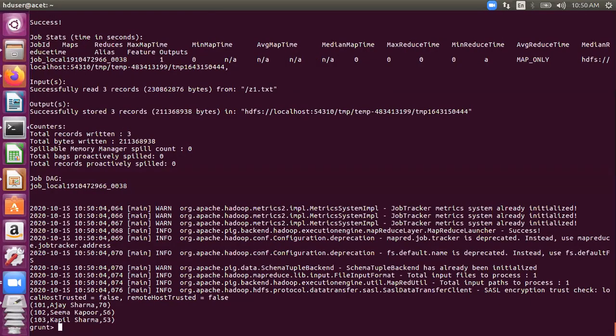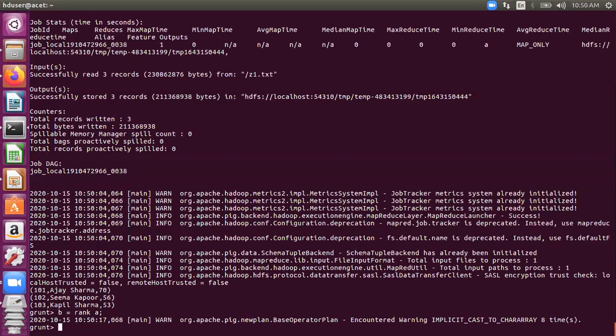So if I just give it a rank now, the name is A, right? So if I write here B is equal to rank A, simply this command only, what will happen if I dump B now?